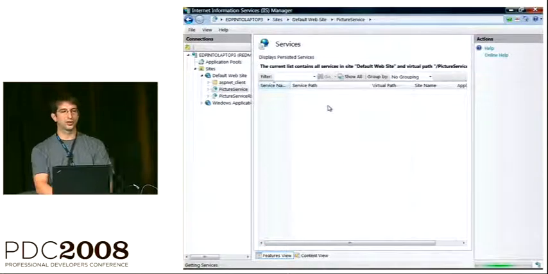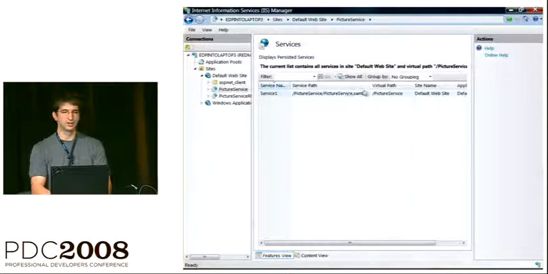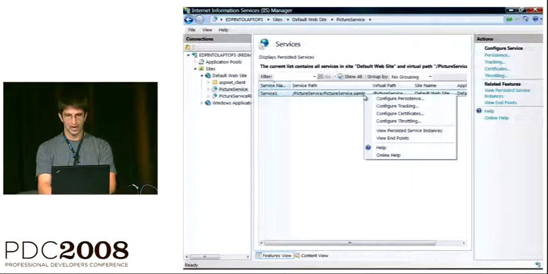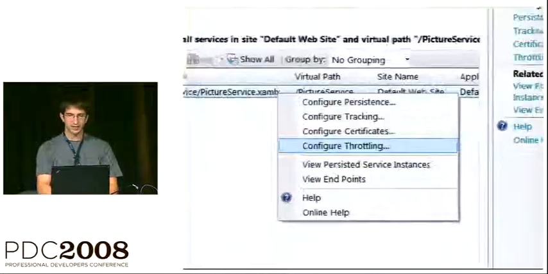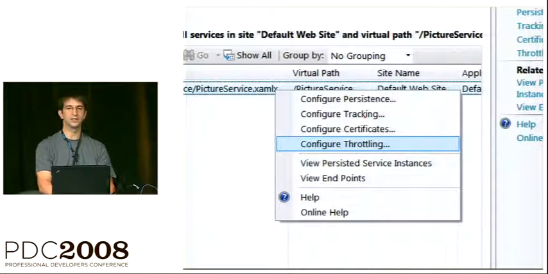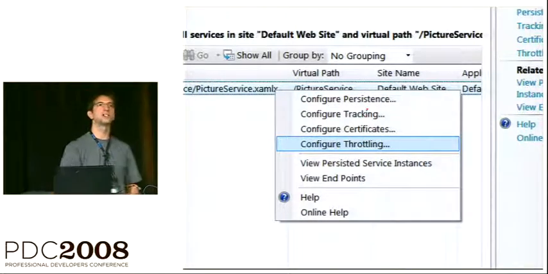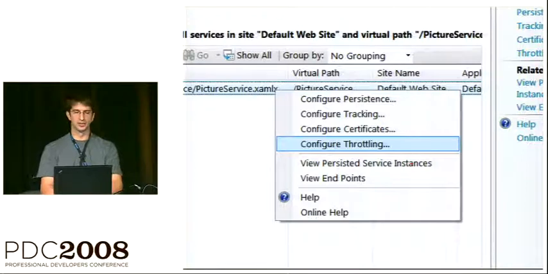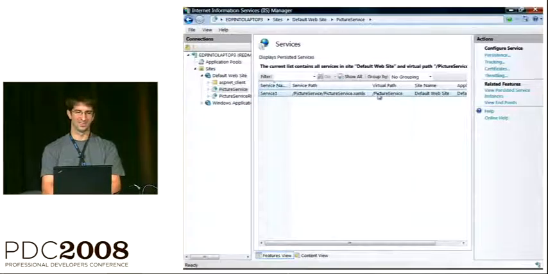So here's our Get Picture service that we've had hosted all this time. This is the one-way version. As you can see, I can configure my persistence extension, tracking, my certs, throttling, and I can also take a look at persisted instances and endpoints.